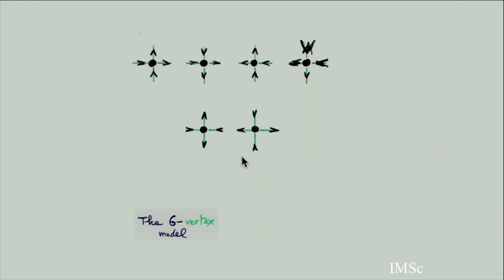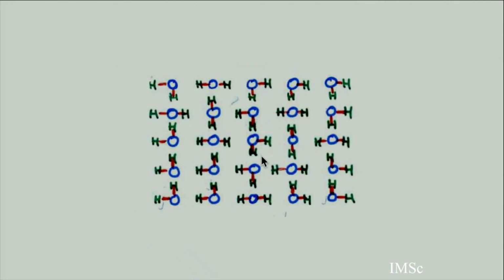So this is the 6 vertex model, where 2 edges are getting in, 2 edges are getting out. There are 6 possibilities. This is also called the ice model, because if you take a water molecule and all the possible ways to put this as ice, the 2 hydrogen atoms, you have to put them somewhere, and this is exactly a 6 vertex model configuration. So this is why it's also called the ice model.